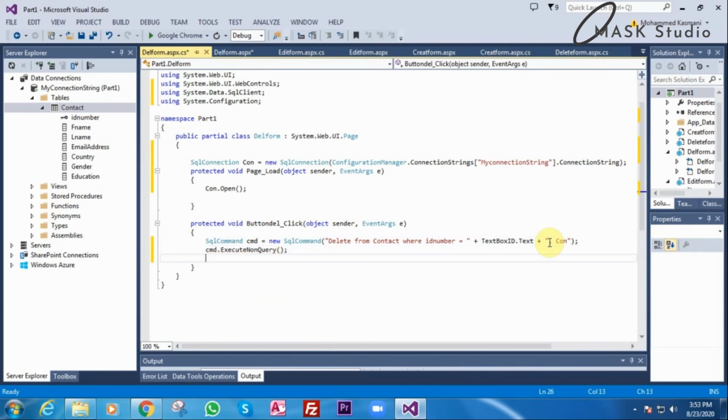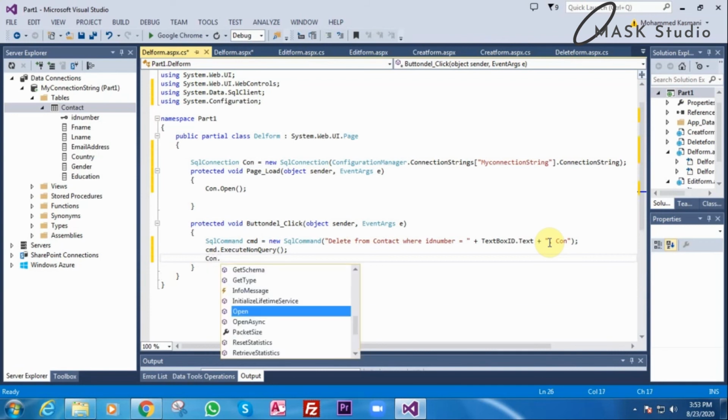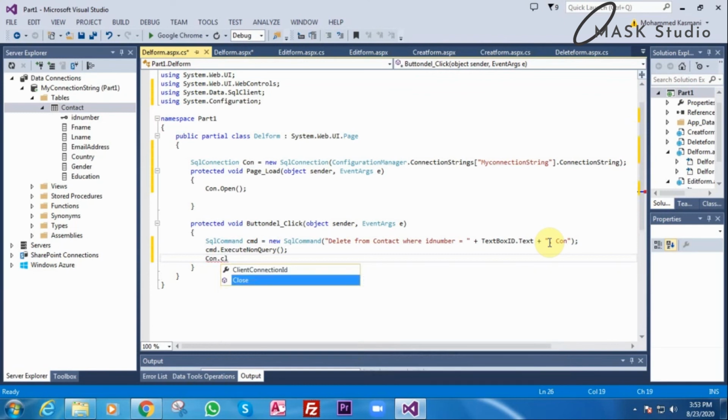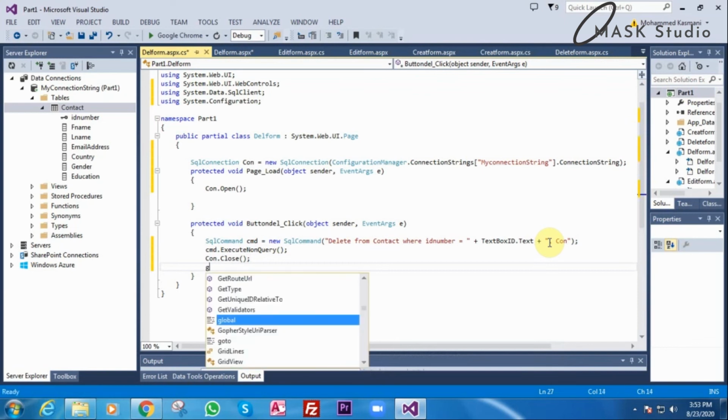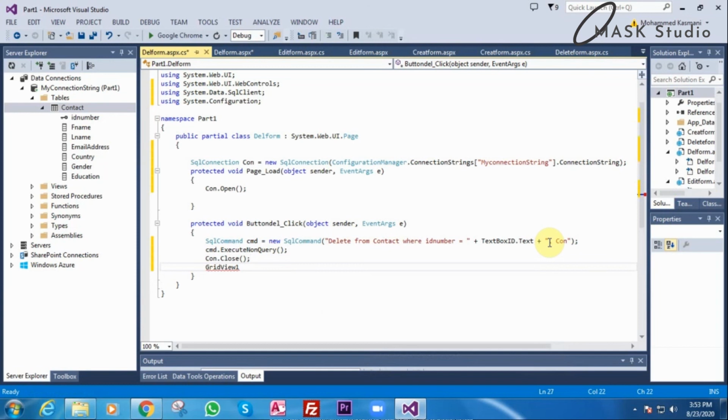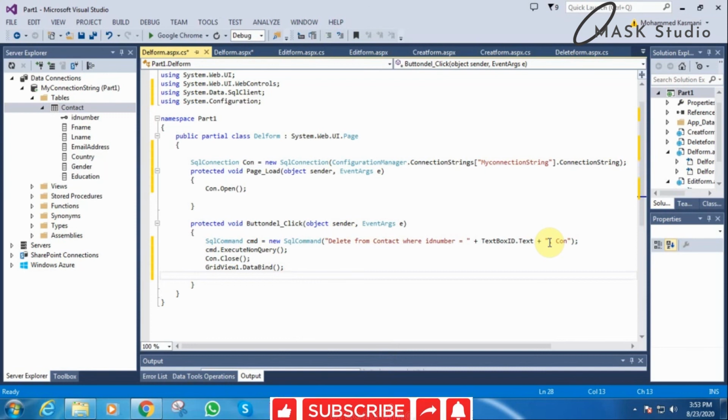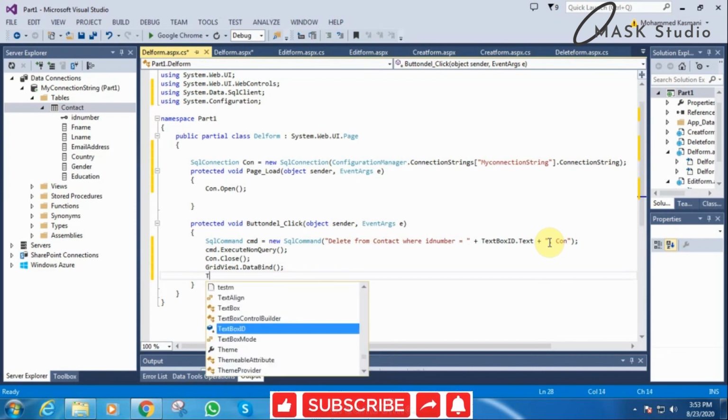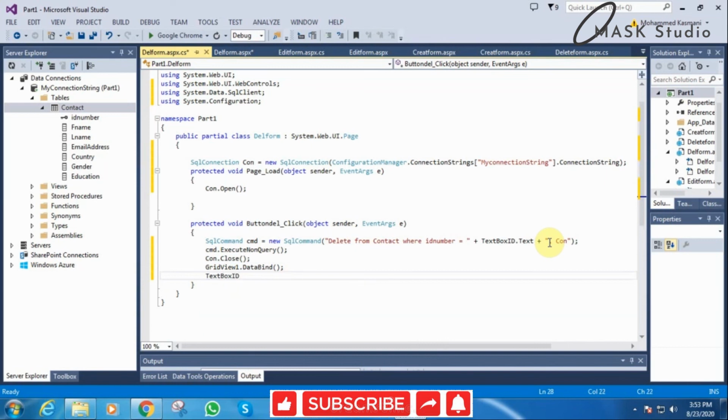And after executing this query we need the connection to close, so con.Close. And after close we need the grid view to be refreshed. So our grid view is GridView1.DataBind. And also we need the text box to be cleared, textBoxID.Text.